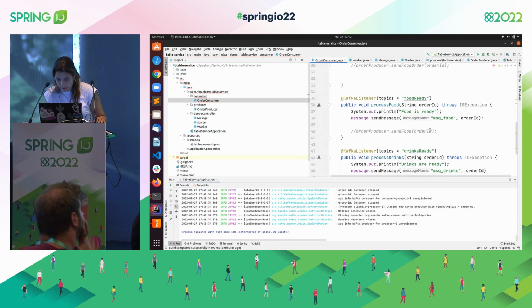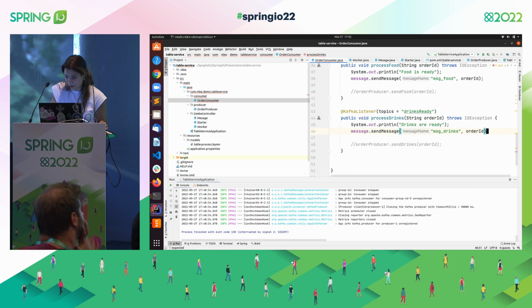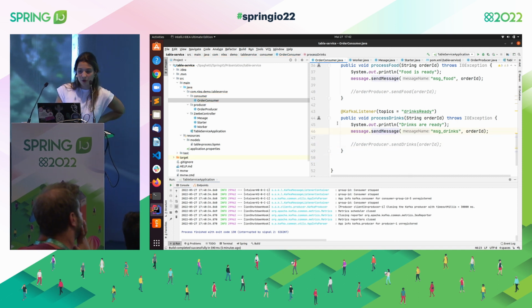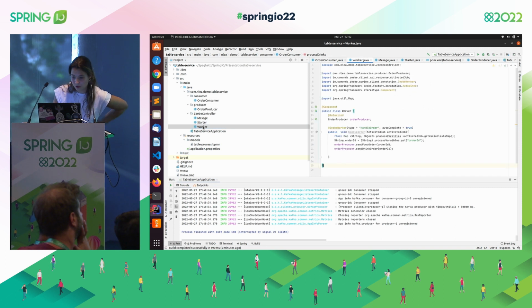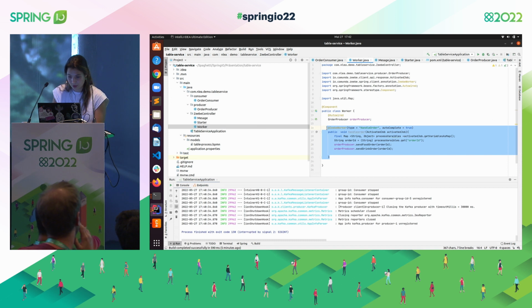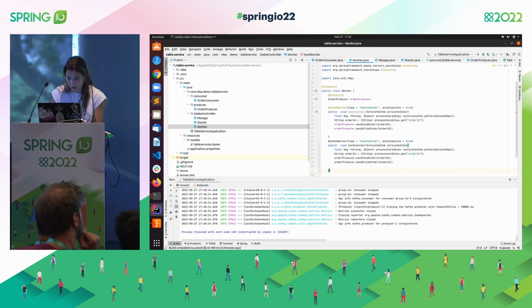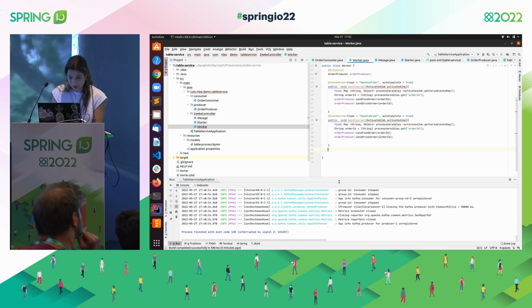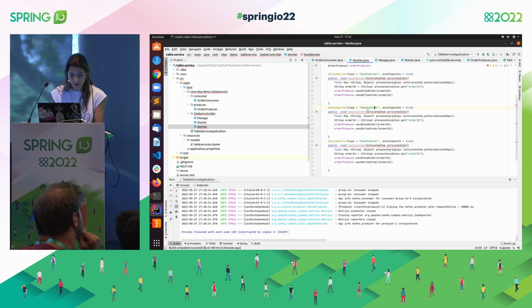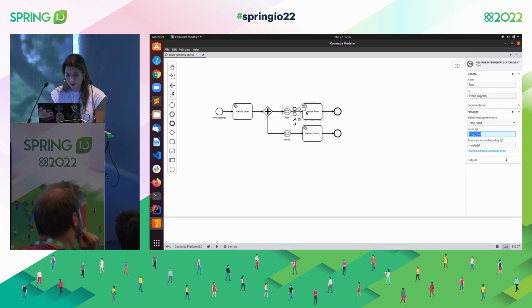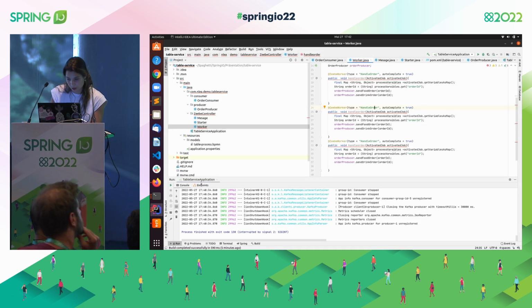No, I'm missing something. Yeah, perfect. And then I'm now sending the message, so the process is aware. And one more thing I need to do here, I need to make the worker as well for the ZB components. So afterwards we can also have a worker for handle order, but we have here two more workers